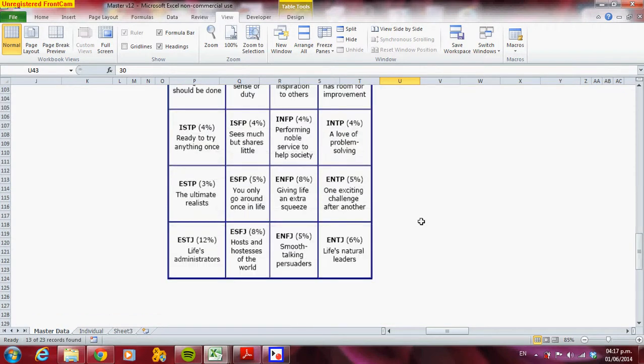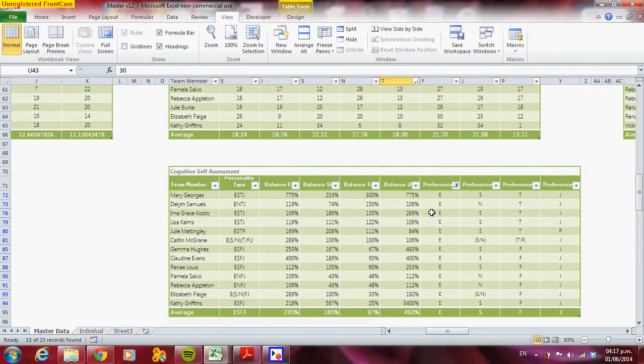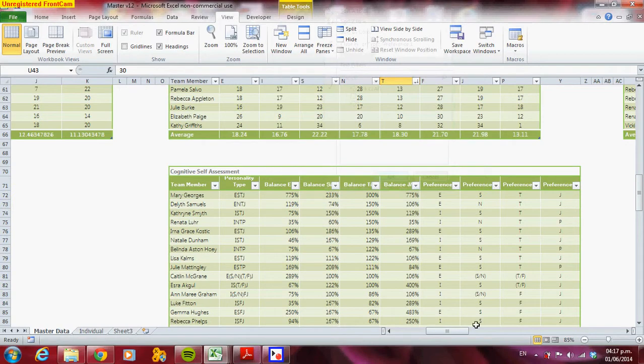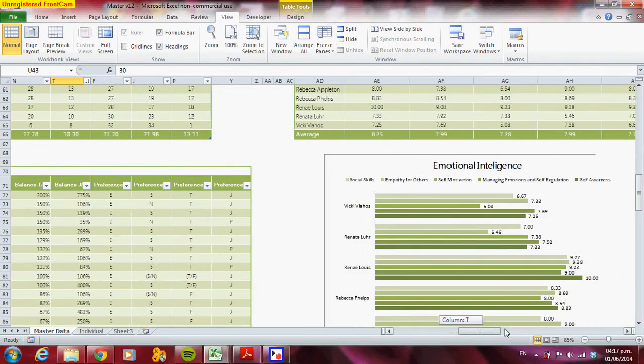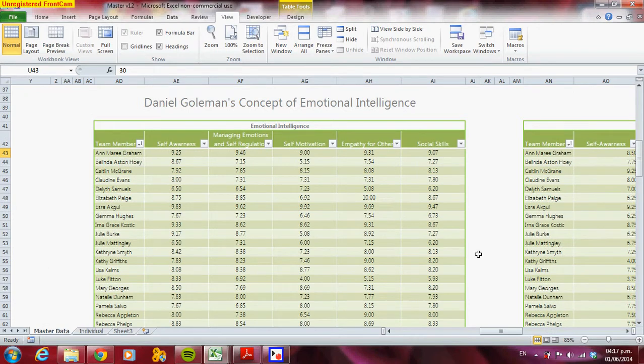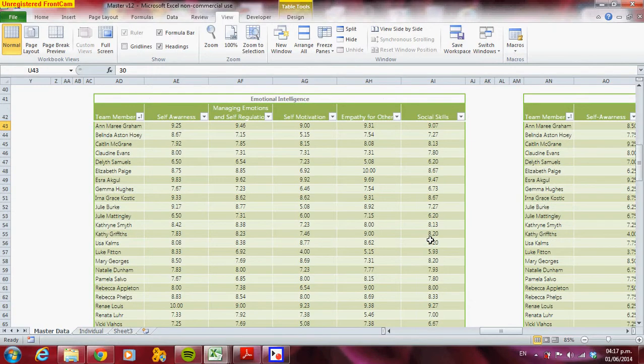Is what is, yeah, extraversion, sorry. Yeah, so just use the filters in the way that you think is going to be useful for you. And here is pretty much the same thing, so you can use the filters as many times